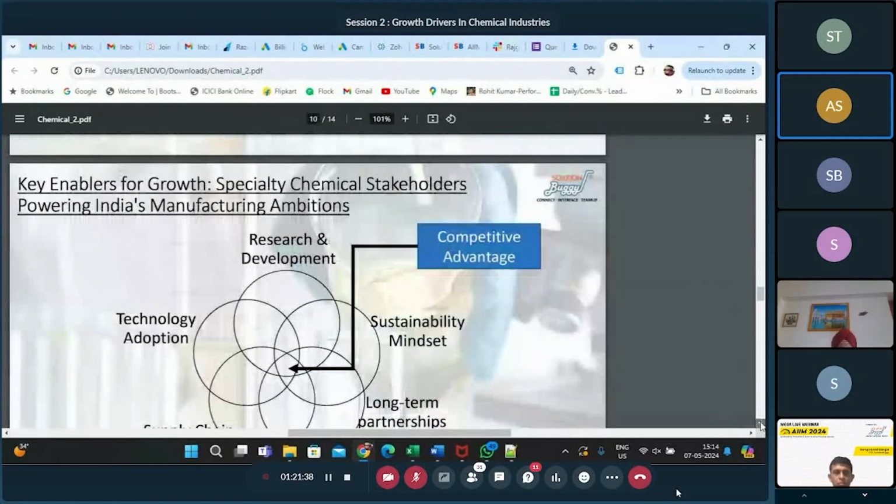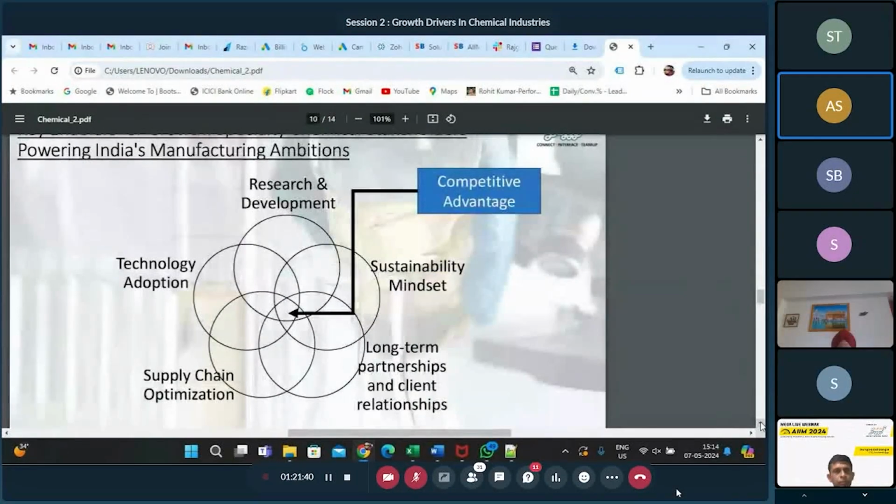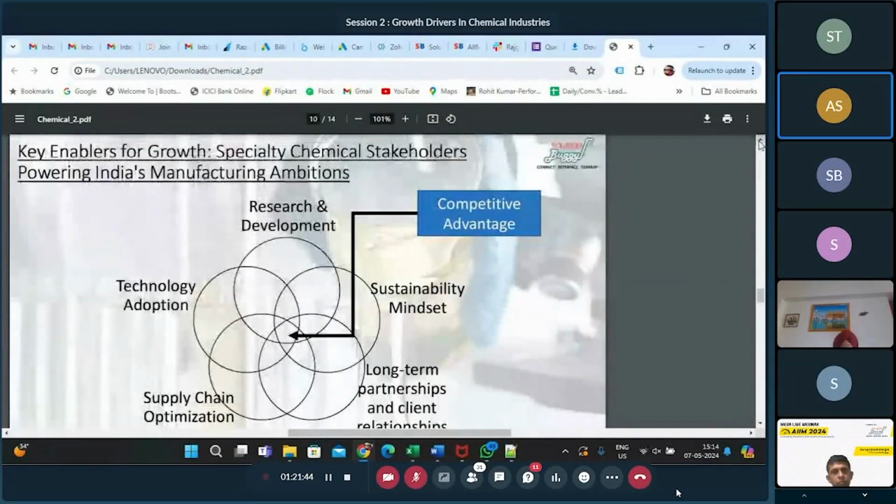So here, Guru, I would like to answer the question that you had. For India to become the global manufacturing hub for specialty chemicals, what are the key enablers for growth? These are the 5 key enablers. And with specialty chemicals, you have a competitive advantage. Now, I talk about research and development, but other than supply chain optimization,